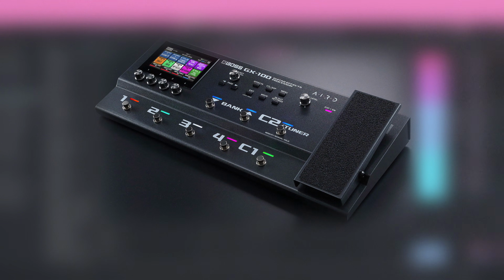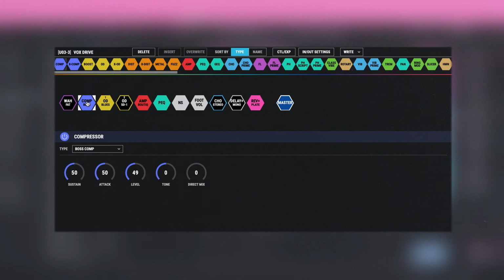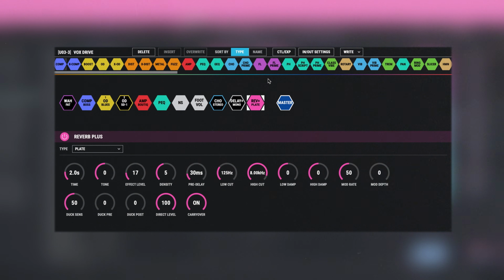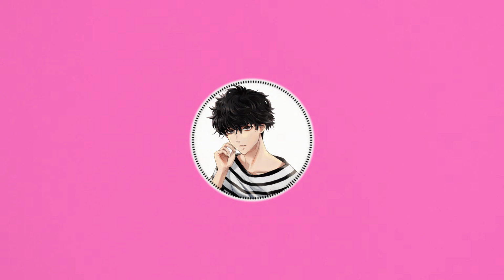And I also used a Boss GX100. I think it was a Vox type amp with a few overdrives in front, nothing too crazy, but here are the settings in case you want to see them. Hopefully now you have a better understanding of rhythm guitar, leads, and guitar tone. So now I'm going to play you a demo using all the concepts that I explained to you. So if you follow those tips, you should be able to make something like this.